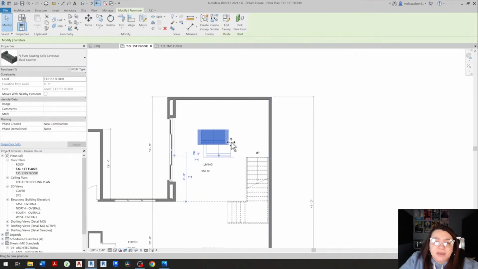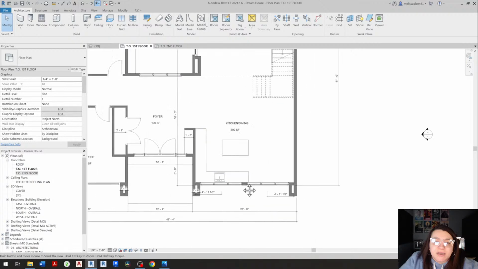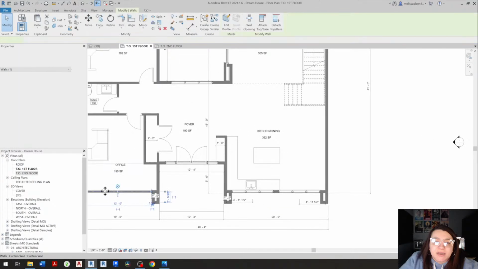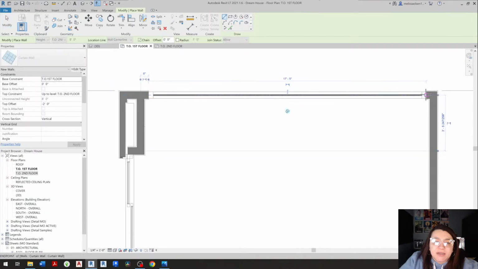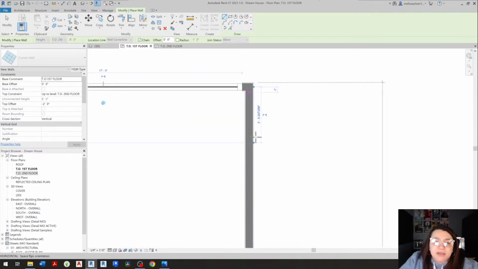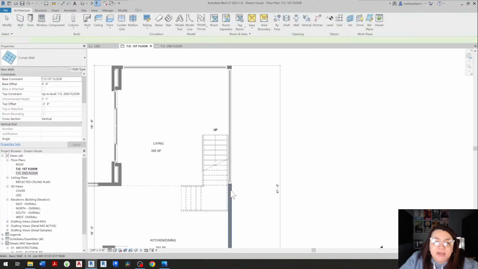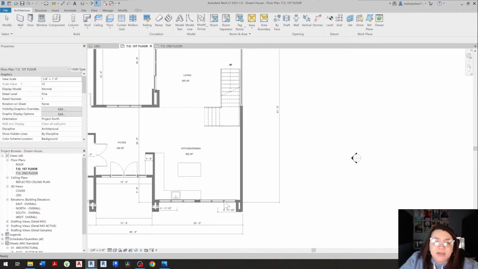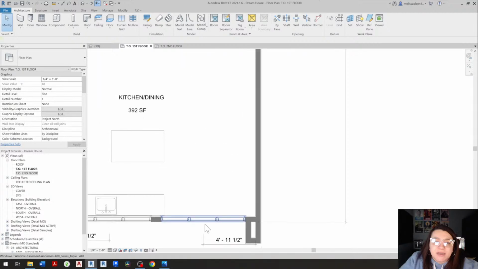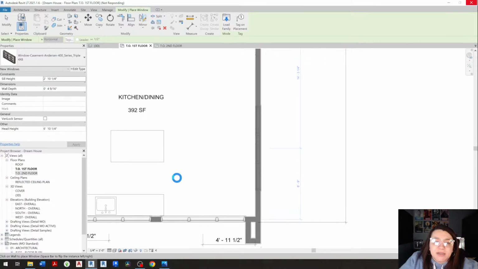I want to get a better piece of couch furniture, so for now I'm just going to delete it because it looks really puny in the room. I'm going to go over here to this curtain wall and do create similar, and I'm going to add a nice curtain wall in the front of there, and I'm going to add it here all the way up into that landing where it would secure into the wall. And I think I'm going to carry these windows over here. This is where the dining would take place. I don't have a dining table in the model right now either, but